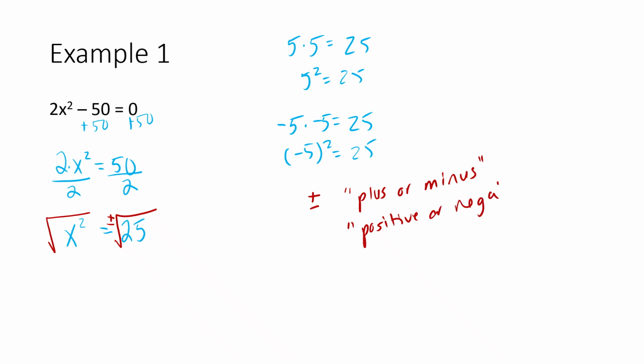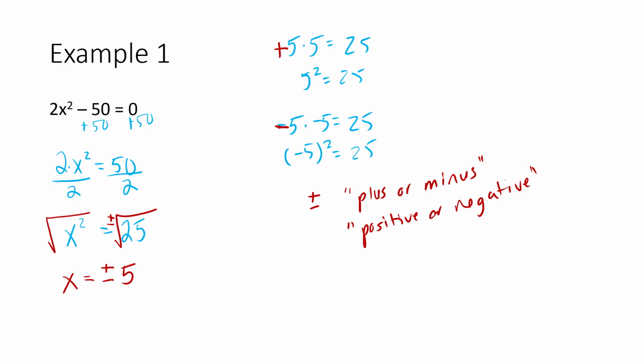In other words, we're putting in a little symbol that is going to indicate that the answer to this could be positive or negative. Like it could be either or. The square root of x squared is just x, and then the square root of 25 is 5. And so this particular equation has two solutions, and we would say plus or minus 5 or positive or negative